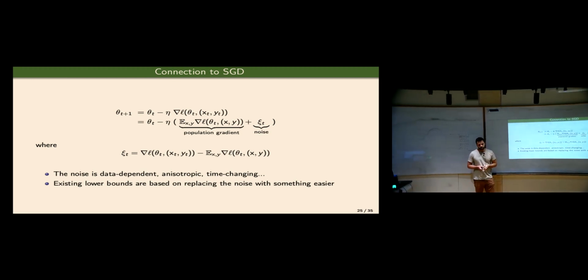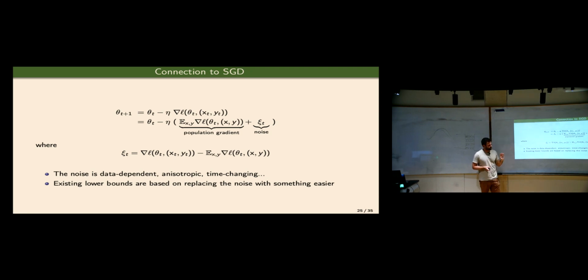The annoying thing about analyzing SGD is that this noise is terrible. It doesn't satisfy any assumption that you would want. It depends on the data, it changes throughout time, it's not isotropic, coordinates are not independent. Any assumption that any probability book has, this basically doesn't satisfy. It's unbiased. It's a martingale, yes. Okay, it satisfies one.